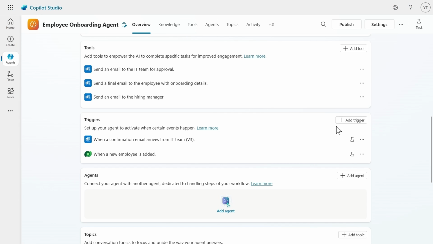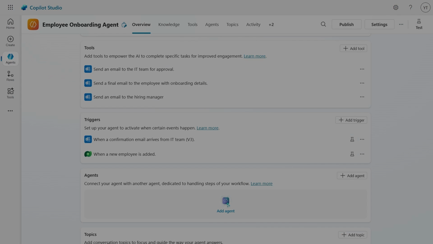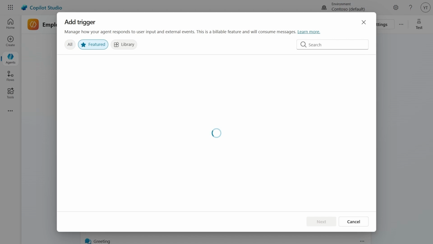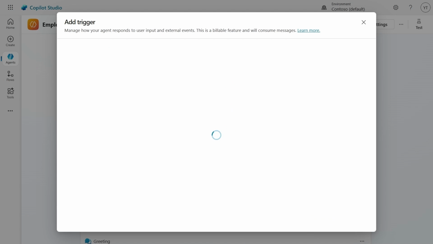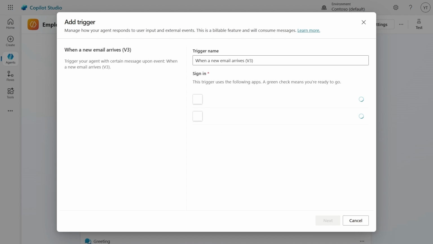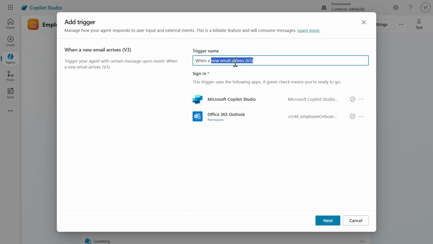Let's come back here, and to show you how to do the same in Copilot Studio, I will add another "When a new mail arrives" trigger. But this time I will parameterize it fully here. You'll see that the structure of the parameters is fully the same. And this trigger will be when a new email arrives, but